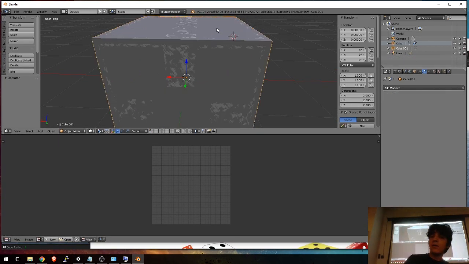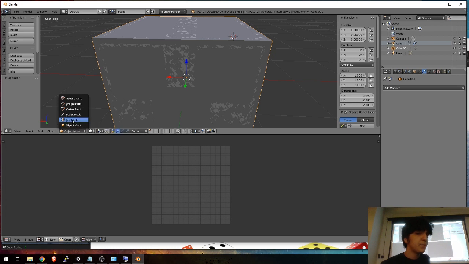Now, make sure you have your low detail cube selected, and the way that you make sure about that is over here on the right, you see the name that's selected. The second cube should probably be like cube 001 or something like that. So while having that selected, you go into edit mode,